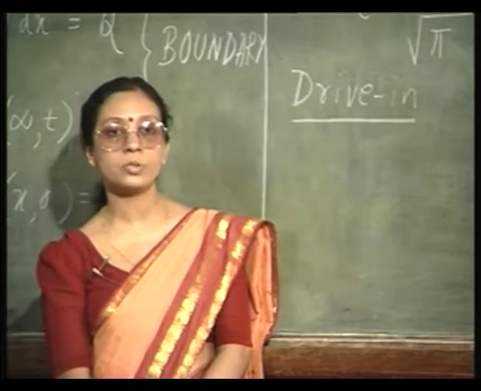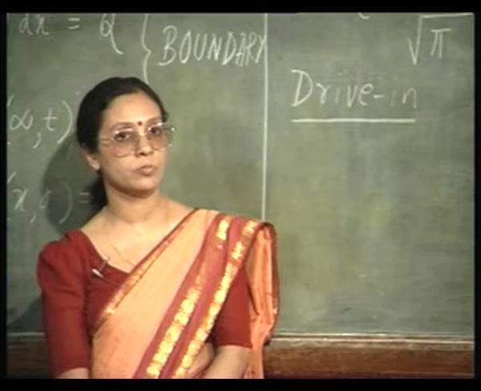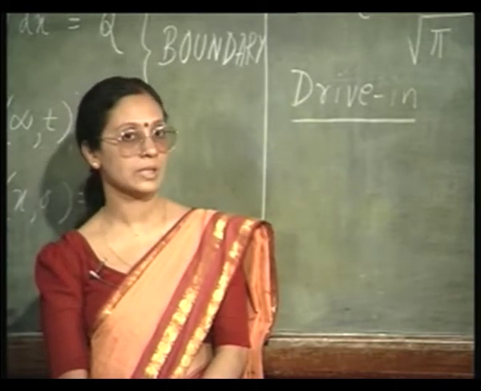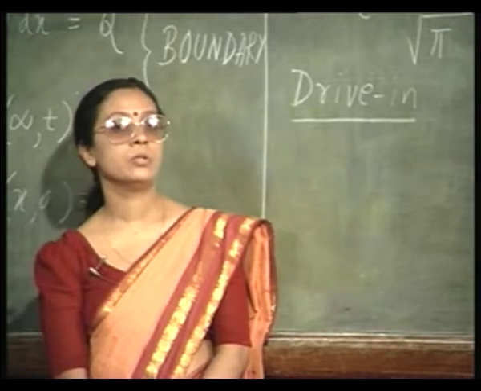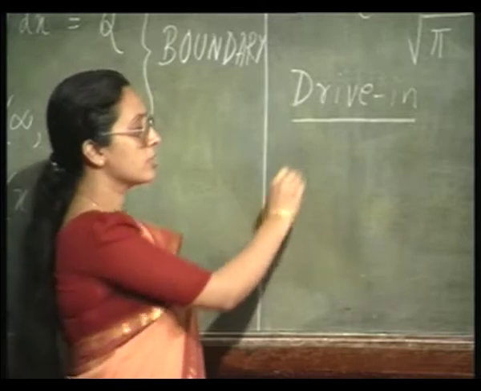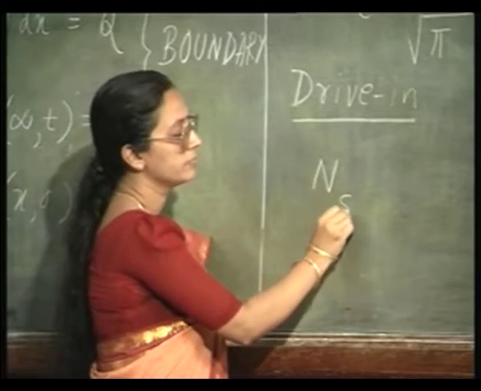We are not going to put any additional impurity; this is the only amount of impurity which is going to be there. So, you know that for this case the surface concentration is given as